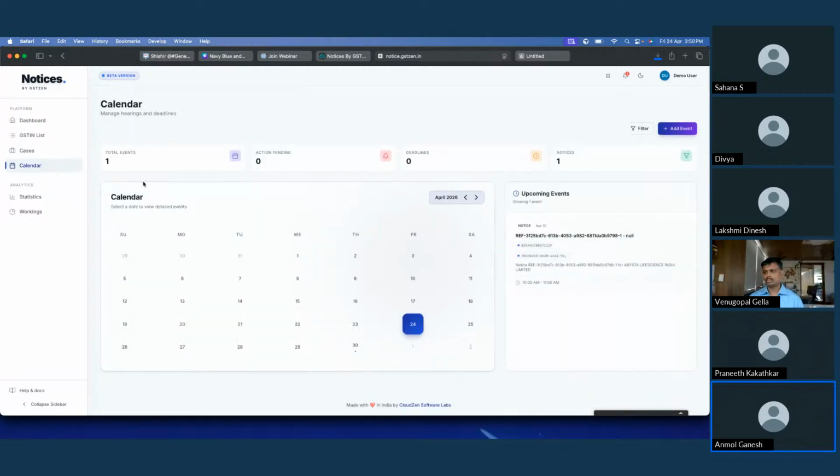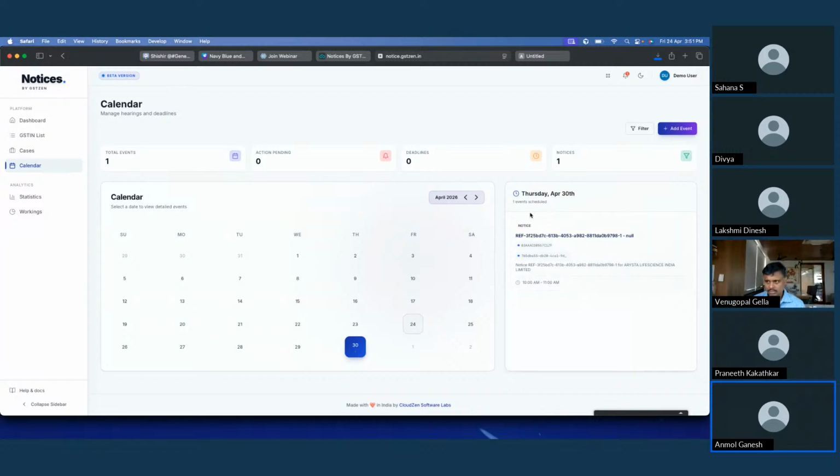And we have the calendar tab here. Let's say I have created a lot of tasks and I want a place to handle all these tasks, or say I want to know when the deadline is. So this is where the calendar part comes in. If you remember, I had created a task with the due date on 30th April.